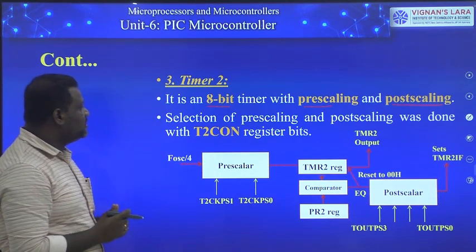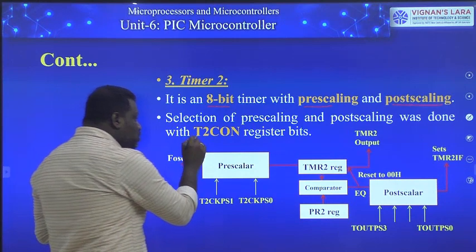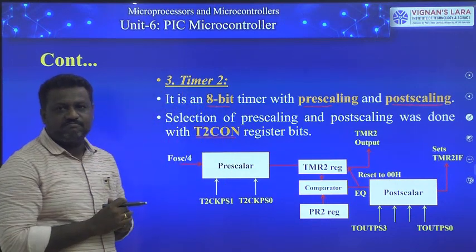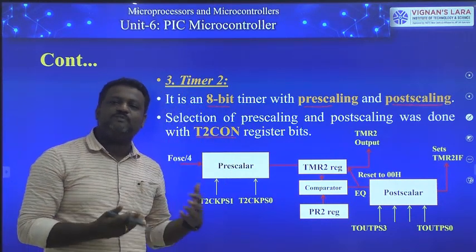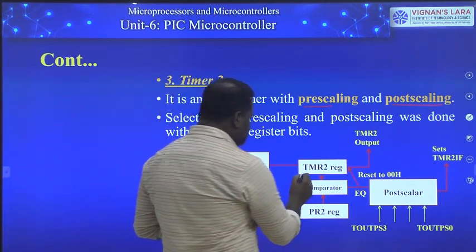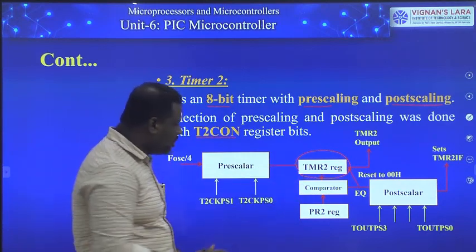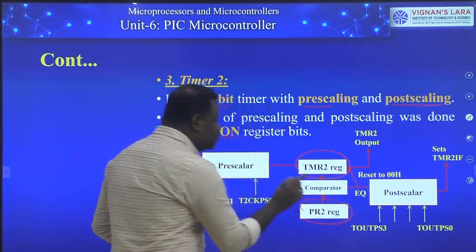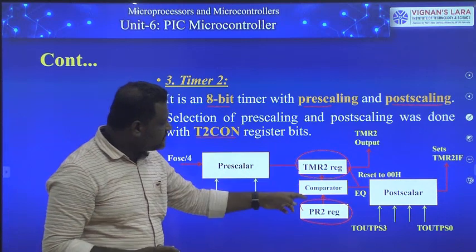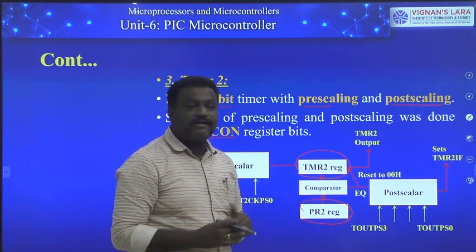That we can go and see. Selection of pre-scaling and post-scaling is done in the T2CON register. Yes, we can do pre-scaling as well as post-scaling. See here, guys, this is your timer 2 register. Timer 2 has a register called period register 2, PR2. These two values are compared by the comparator. So whenever we get an equality case,